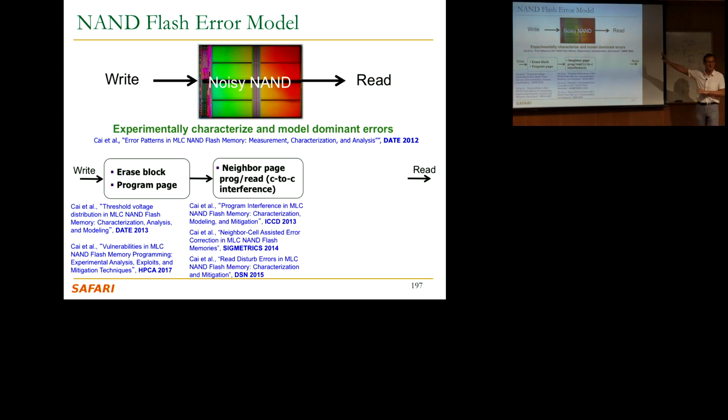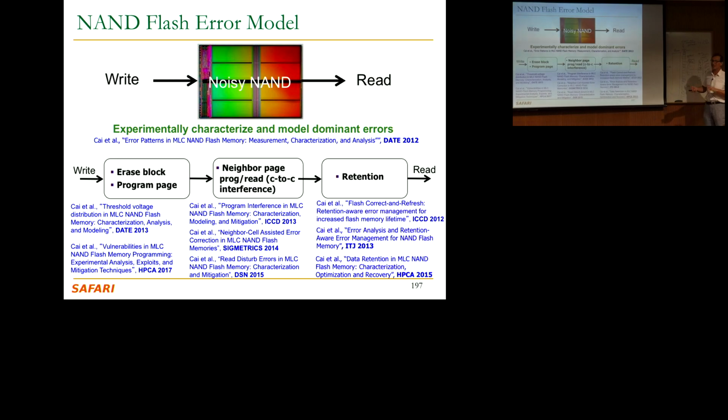So being a flash cell is not easy. Even if nobody's disturbing you, you have retention issues. Basically, you cannot retain data really well. As a result, you may get errors. And in the end, you want to read that cell. You may not get the correct value because it was subjected to all of these failure mechanisms during its lifetime after it was written.